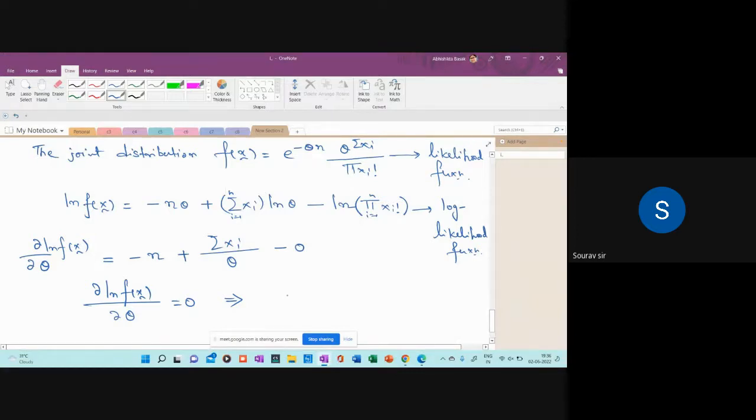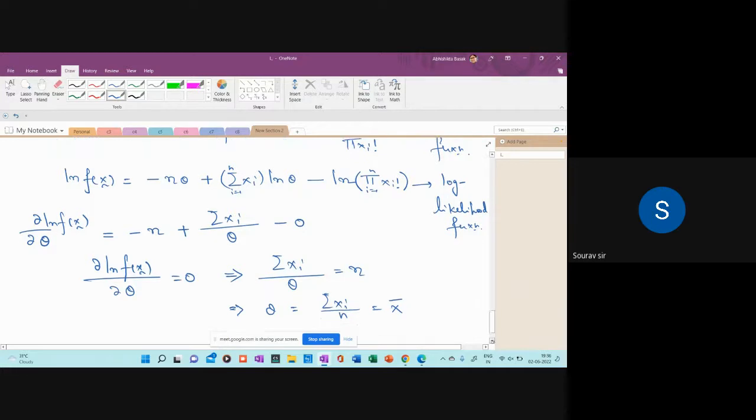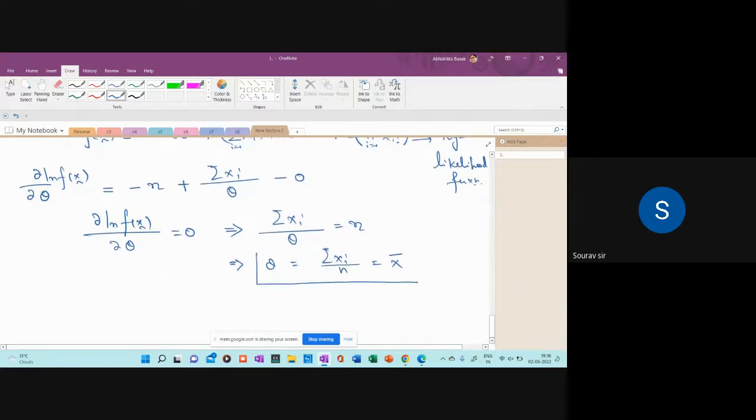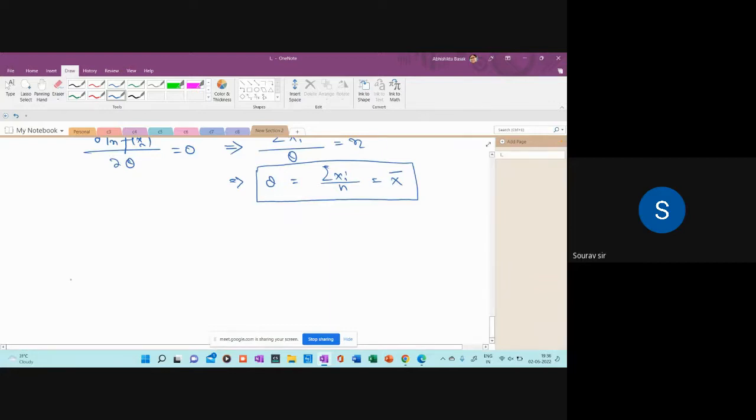Okay, so if we are equating this, then we are getting summation xi by theta is equal to n. That is giving me theta is equal to summation xi by n, that is equal to x bar. Now, this is the value of theta which we have obtained. We need to check whether this value is giving me the maximum of the likelihood or not, because we need to find the value of theta for which our likelihood is maximized. That's why we need to do a second order partial derivative of this